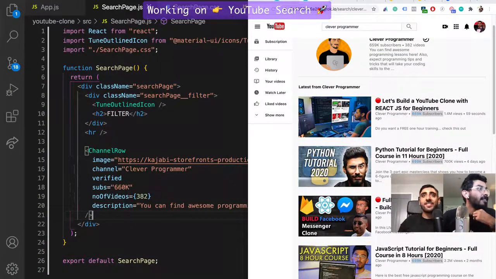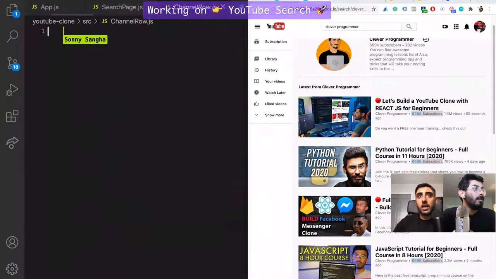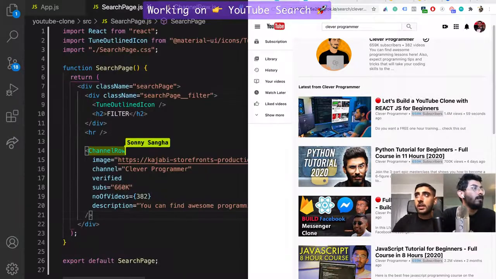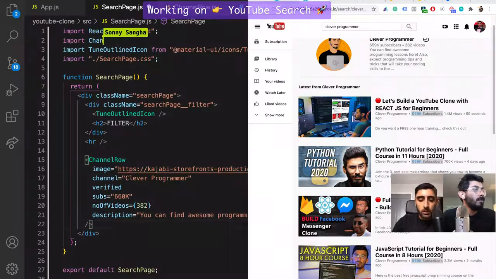Love that. All right. So now what we're gonna do is channel row. I'm gonna go ahead and create that component. So channelRow.js, and then we're gonna say RFCE. Boom. We have channel row. So I'm saving that, going back, and I'm gonna import channel row from